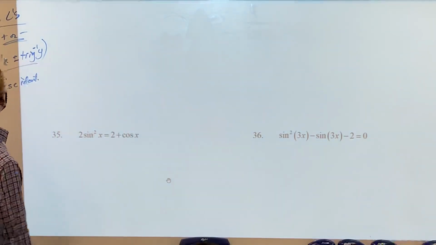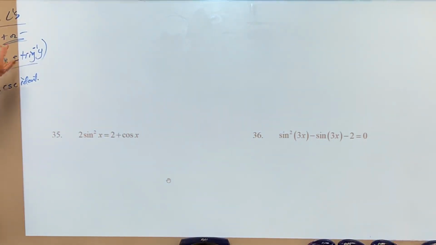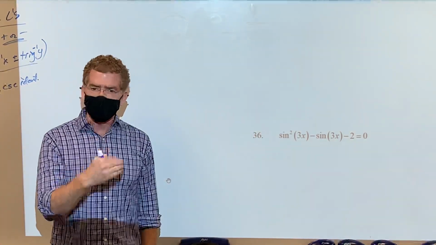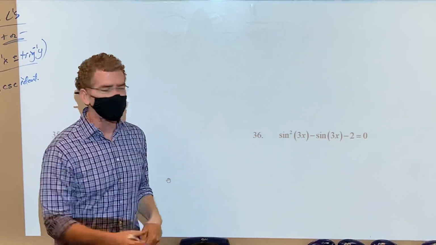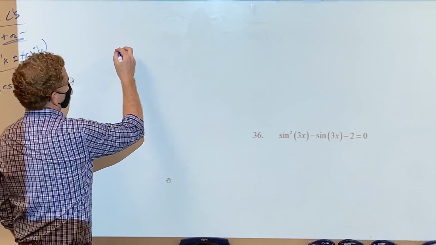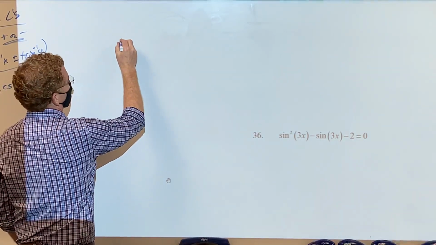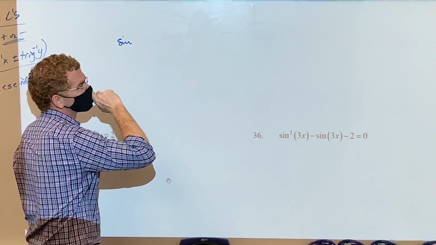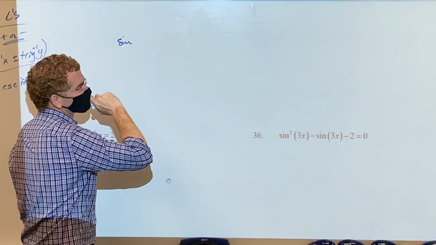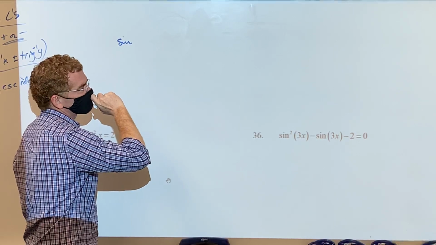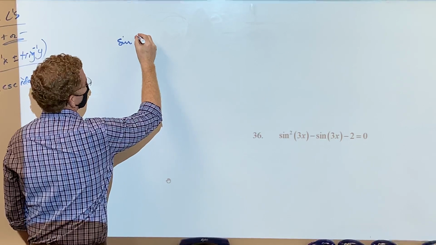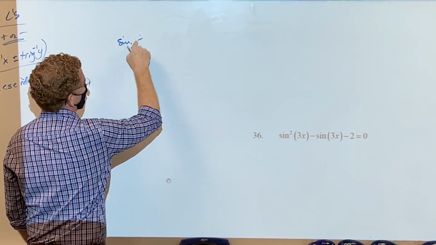So the question I've got so far is, how do you know when you're using a half angle and the half angle identity has a plus or minus in it? How do you know when to use the plus, when to use the minus? Okay, so for example, if I had something like sine of, I don't know, how about sine of 450? No, sine of,